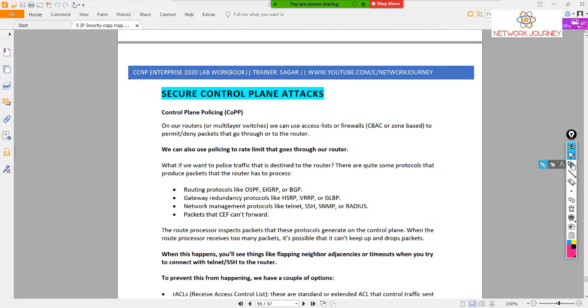Okay, so control plane policing. On a router or a switch, we usually use an access list, and on a firewall, you know how packets are denied, right? But we can also use policing, the rate limit. We can place a strict rule to allow only so many packets for that particular router or switch. Okay, talking about these protocols,